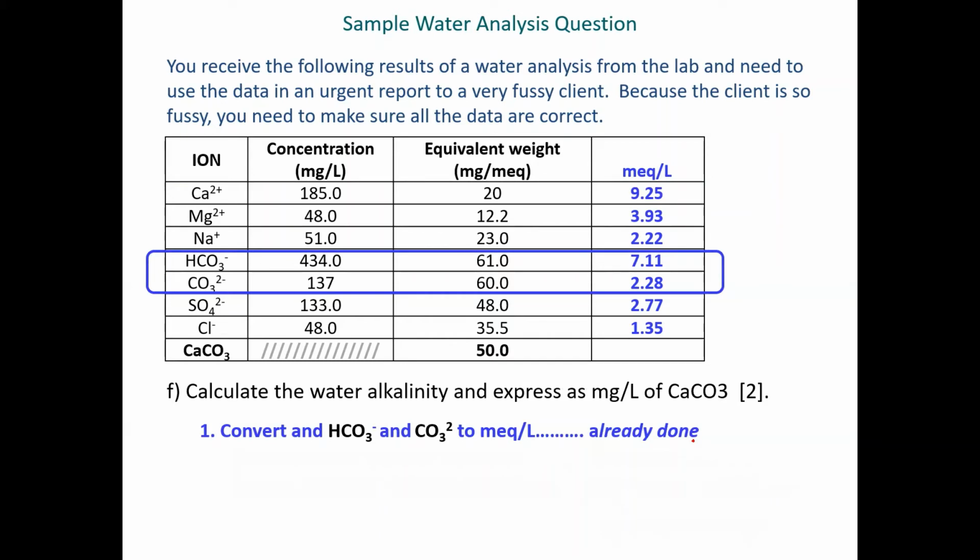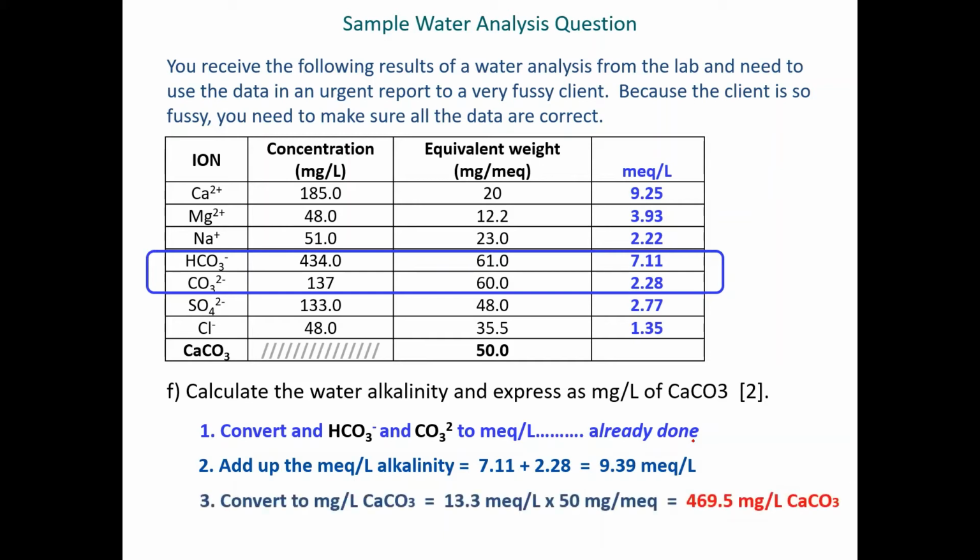I'm just writing down the steps just as a reminder to everybody. But if you want, if it helps, that's fine, right? Whatever works. So you're adding them up. So in this case, you're adding 7.11 plus 2.28 for the carbonate, and that gives me 9.39. And then same last step as the hardness is we're basically multiplying by the equivalent weight of calcium carbonate, so multiply by 50, and we get